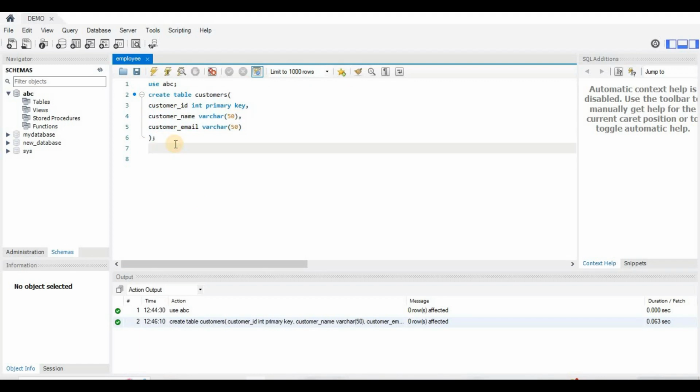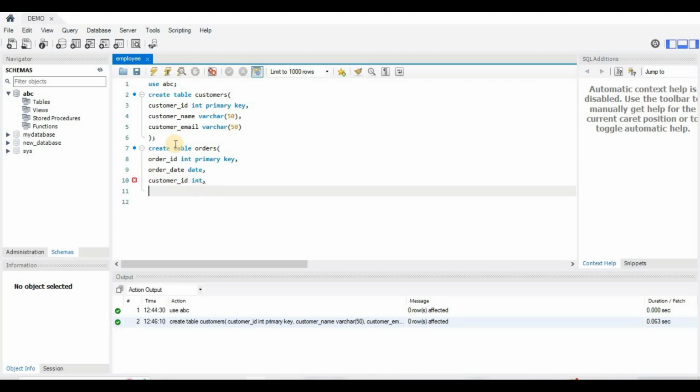Next we will create another table, which is orders, and here we will create our foreign key. Create table, I will give it the name orders, open this and go to the next line, and here I will give order ID. I will make this order ID an integer and primary key, and go to the next line. Here I will give order date, and it should be a date. Next I will go to the next line, and here I will give customer ID, which I have given in the first table, it is an integer.